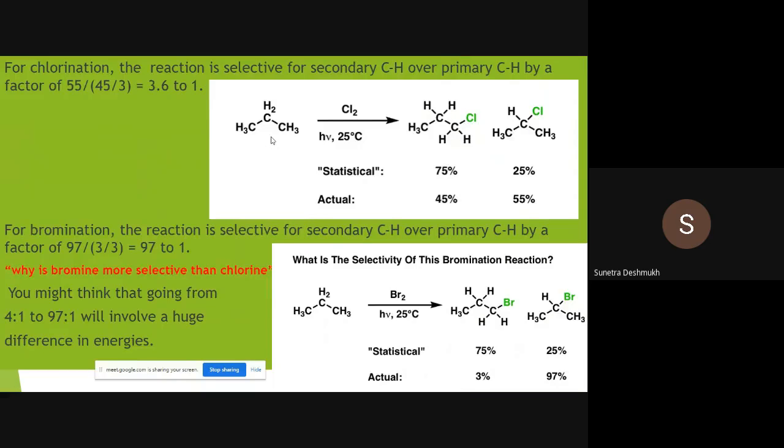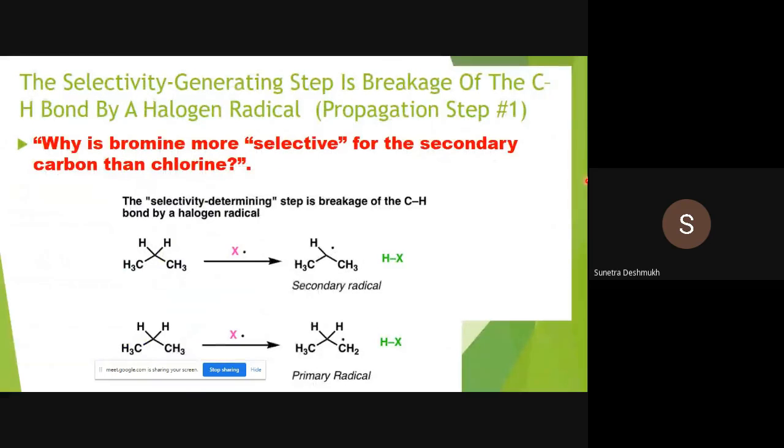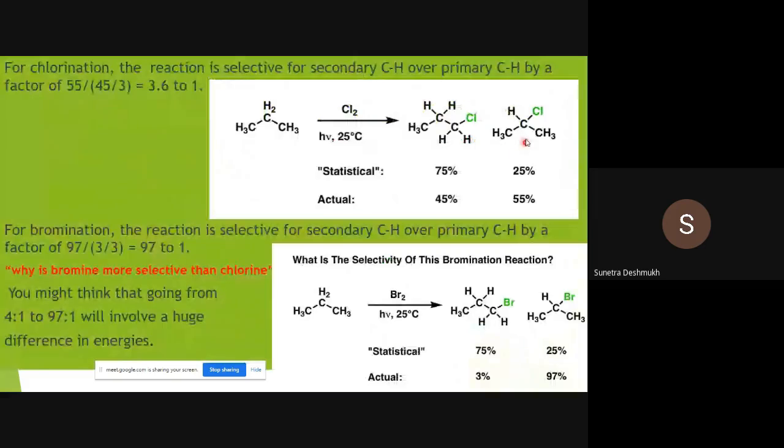Okay, we'll shift to the next slide. Now the selectivity. We are going to concentrate only on the selectivity: why in bromination we get a selective major product, and why chlorination is not giving a selective product, it's giving a racemic mixture. Why is that one giving a racemic mixture? Okay, next one. Now if you pay attention to the product formation, here you can say